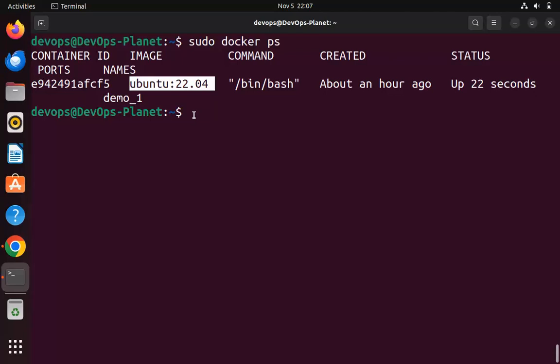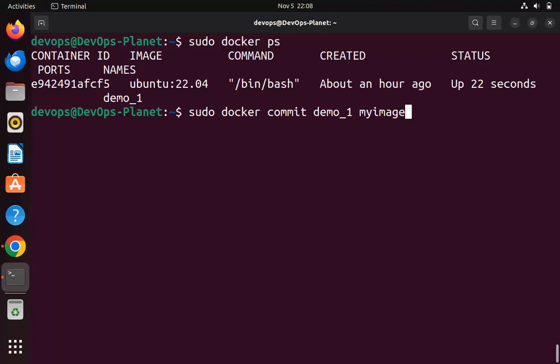So now let me show you how that will work. First let me create an image. The command is sudo docker commit. Docker commit is the command to create the Docker image from the container. Here I need to pass the container name, that is, from which container I want to create my image, and then I need to pass the image name. I'm passing the image name myimage, and the tag or version, that is v1. Once I press enter, it will create a new image from this demo1 container,